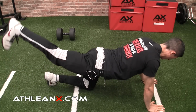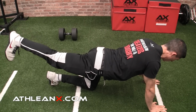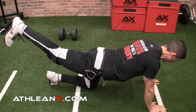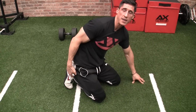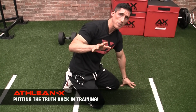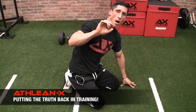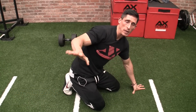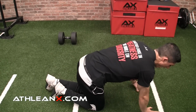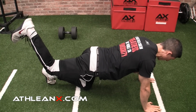So from here, you're going to squeeze your leg up towards the ceiling by activating the glute, hopefully, right? So that means that you should be able to feel this intense contraction right here in this cheek. And if you don't, I'm already starting to get a little bit concerned because we need to know that you have that mind muscle control over the glute. And these small motions are what are going to reveal whether you do or you don't. But let's say you do there. You're not out of the woods. What you need to do now is you need to bend the knee and repeat the same procedure,